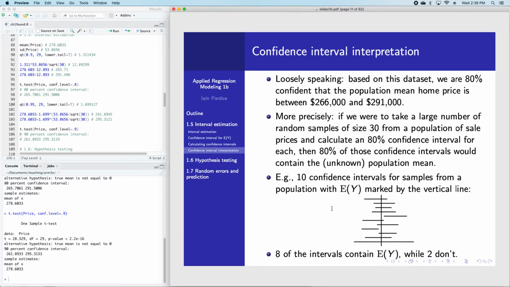You can picture this with this diagram at the bottom of the slide. So here I've imagined taking 10 samples and calculating an 80% confidence interval for each sample. So up at the top, my confidence interval is, and imagine a horizontal scale here, going from this value as the lower bound to this value as the upper bound. And then the second sample goes from this number up to this number. The third one goes from this number up to this number, okay, and so on. So these are all my intervals,